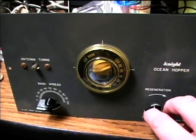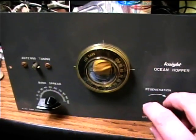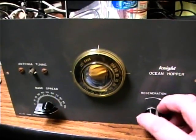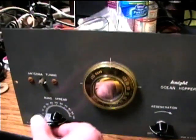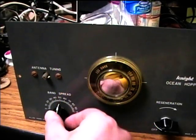Just adjust it for the best volume and the least distortion. There you can turn down the gain if you want to. This is a fine tuning here. Just adjust this for the...